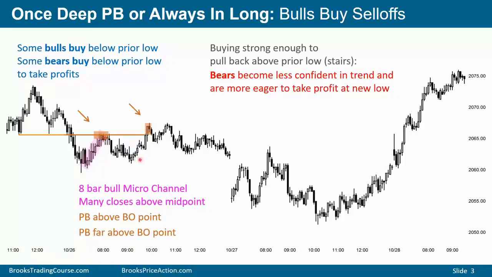The bears are disappointed by the size of these rallies. So are they going to be selling at the new lows? No, because they're afraid of another big rally and it might turn into a bull trend. Therefore, the bears stop selling at new lows and they buy back their shorts at new lows and look to sell rallies. Once bulls see that limit order bulls buying below prior lows can make money, in other words, the pullbacks are going above the breakout points, the bulls become more confident and they'll look to buy every new low and scale in lower.